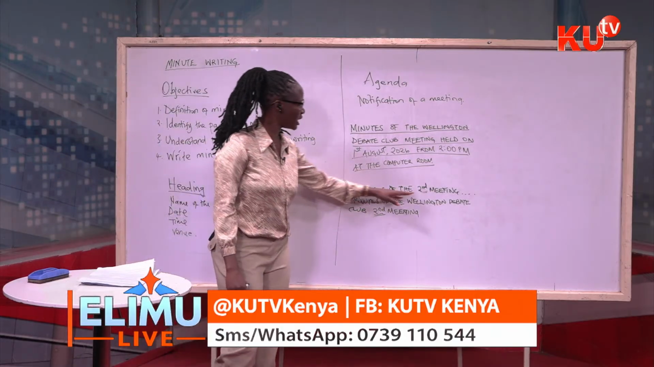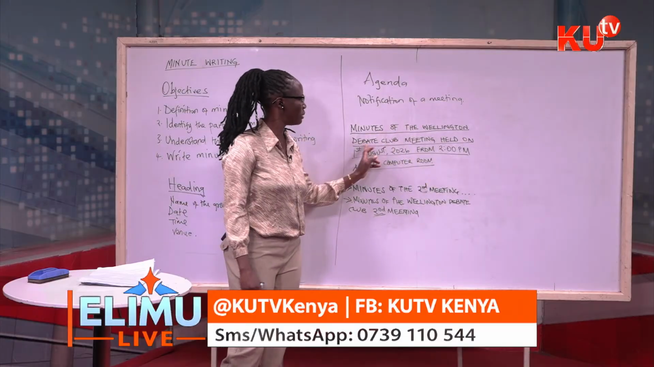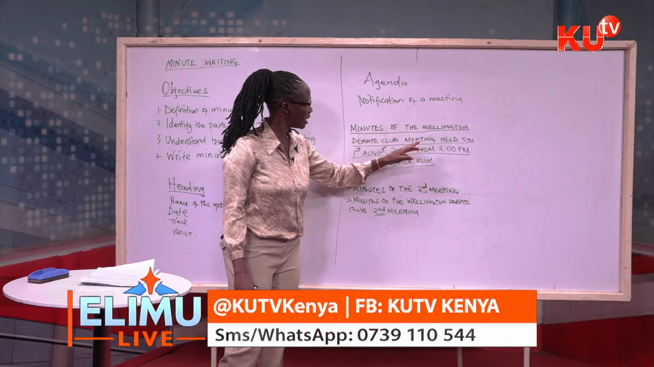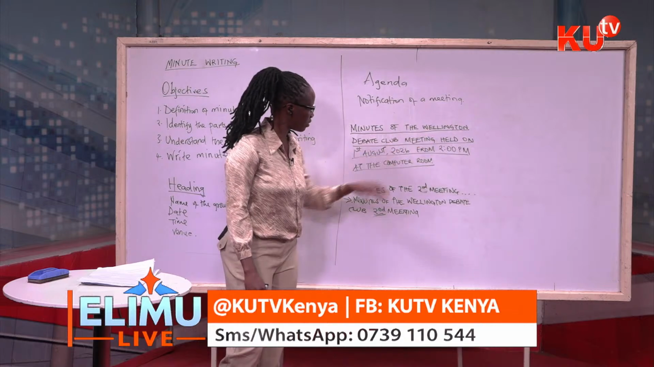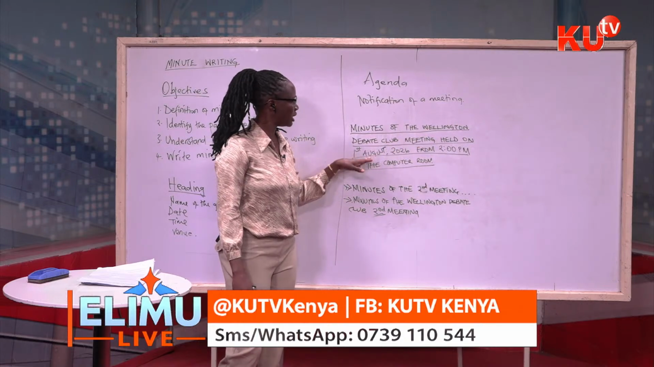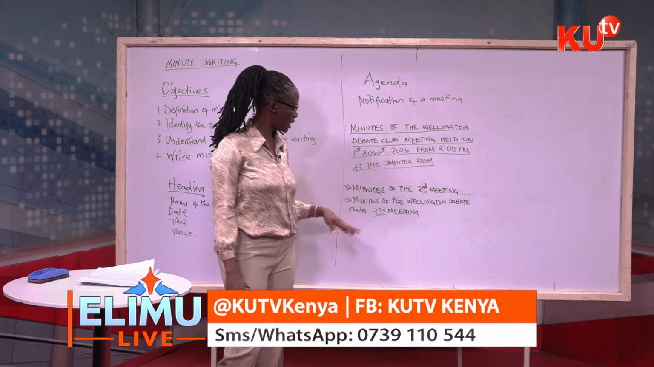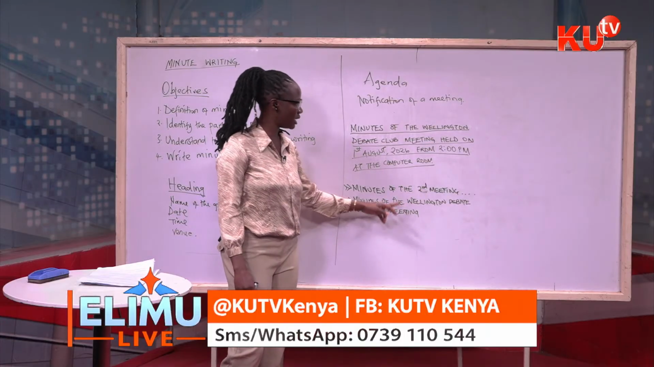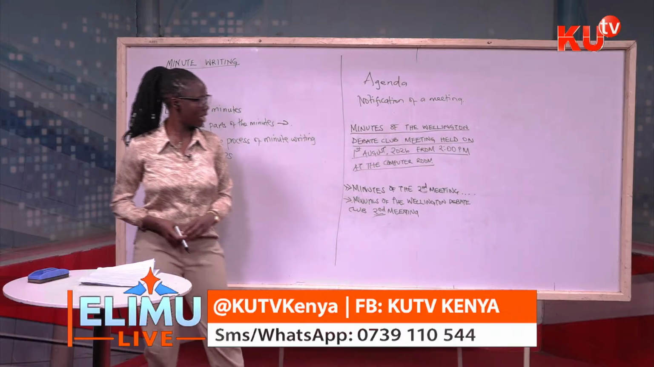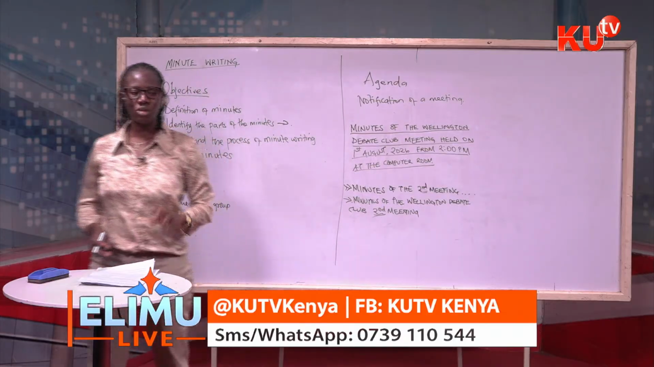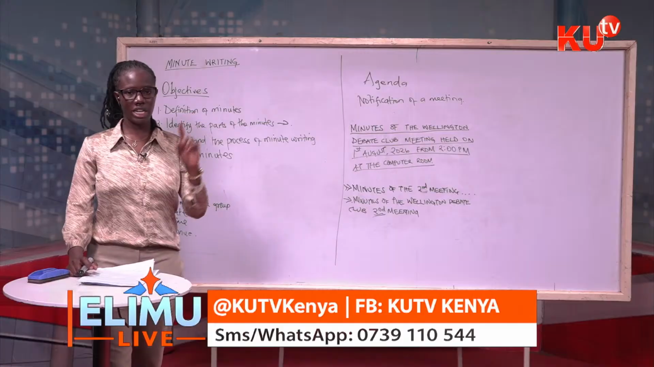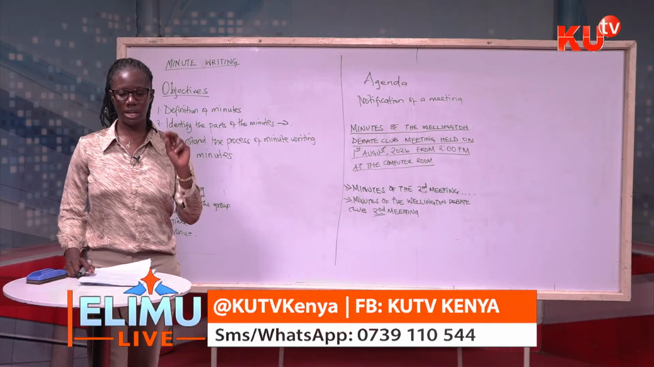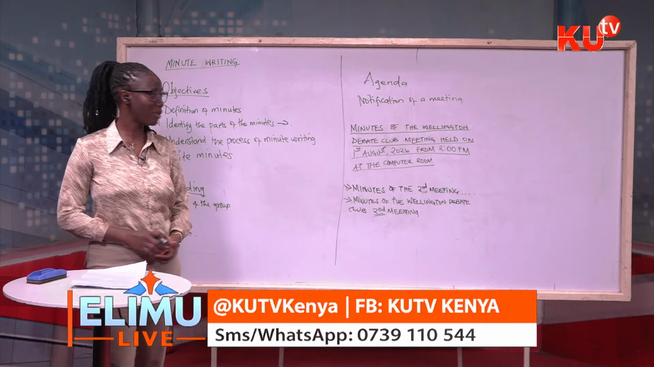So you can say minutes of the second meeting of the Wellington Debate Club held on, and then you continue and you capture the date, the time, and the venue. At the same time, you can write minutes of the Wellington Debate Club second meeting held on 1st August 2026 from 2 p.m. So the title, the name of the group, the date, the time, and the venue must be